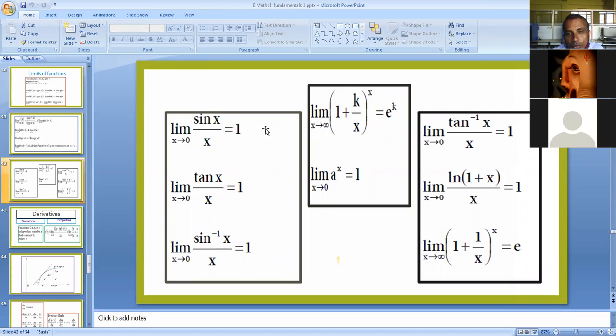जर लिमिट तुम्हाला 0/0 किंवा इन्फिनिटी मिळत असेल तर शॉर्टली आपण सोल्युशन फायनाइट फॉर्म मध्ये कसं मिळवू शकतो? बाय एल हॉस्पिटल रूल. समजलं? Now you come in there next, tan x upon x as x tends to 0 हा सुद्धा काय असेल 1. What is that next? Sin inverse of x upon x as x tends to 0 हा सुद्धा काय असेल 1. And limit as x tends to infinity of (1 plus k by x) raised to x is e